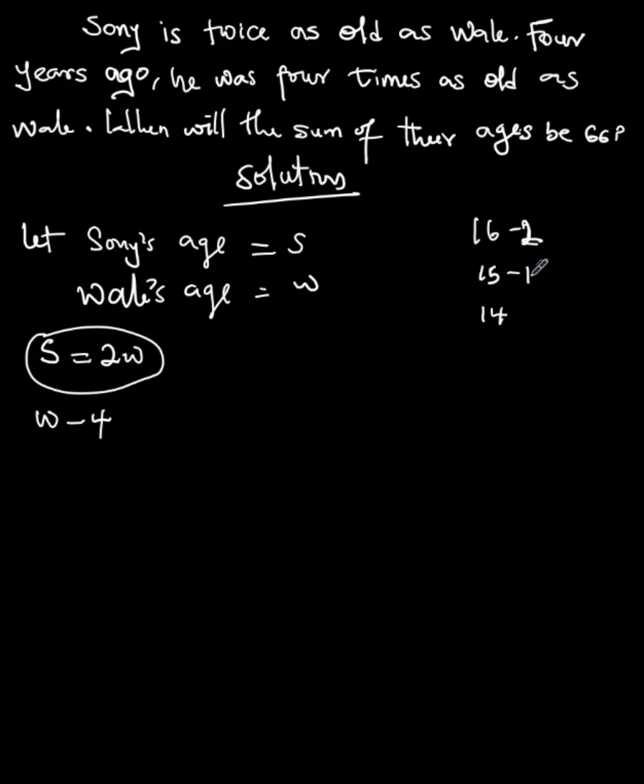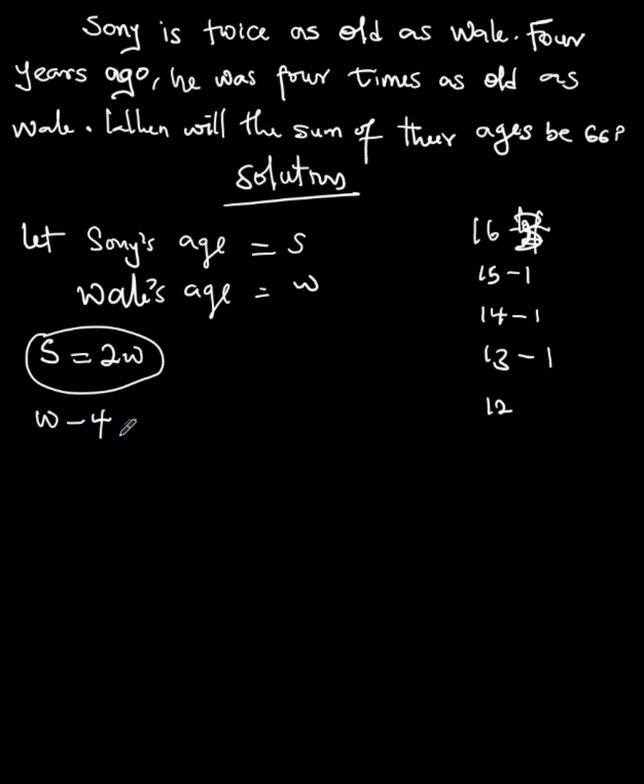Now, 3 years ago, it will be 13 years, which is 16 minus 3. Now, 4 years ago, it will be 12, which is 16 minus 4. Is that so? So which means 4 years ago, Wally's age, which is W now, will be W minus